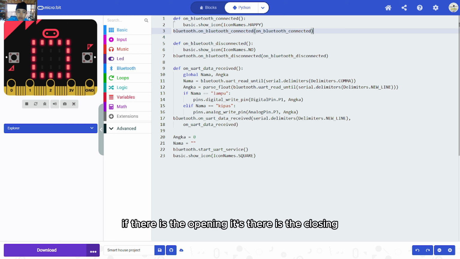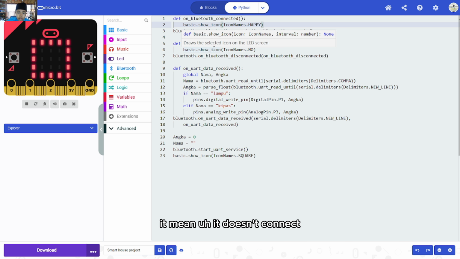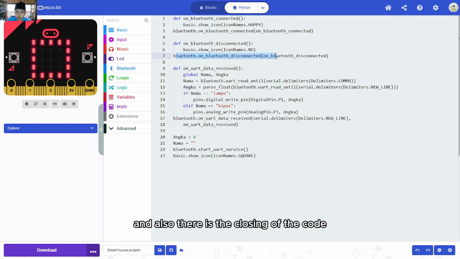If there is an opening, there is a closing. Def on Bluetooth disconnect will show an X icon, which means it is not connected, and there is also a closing of the code here.